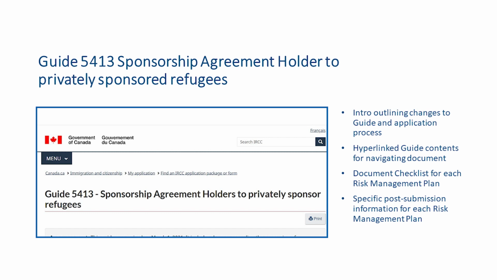Under the Program Integrity Framework, cases submitted as of January 1st, 2024, may be randomly selected for IRCC's pre-arrival verifications. The cases submitted by SAS in Risk Management Plan B and C will be going through this verification. However, for those of you who are in Plan A, you don't really need to go through this verification. However, cases submitted by SAS under agreement actions, which are those who are not in good standing, you can refer to sections 14 and 15 of the sponsorship agreement for details.